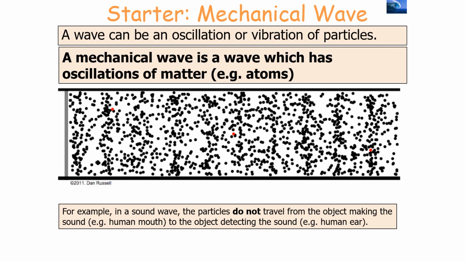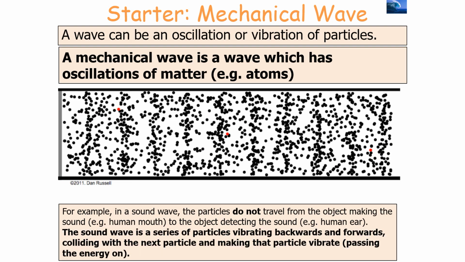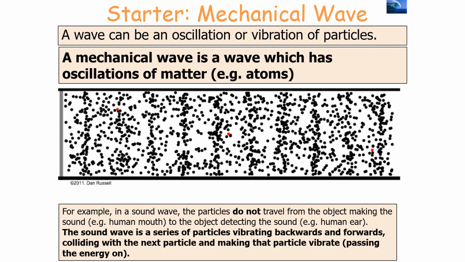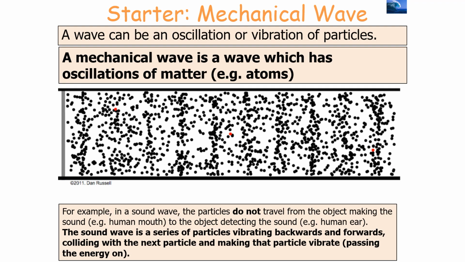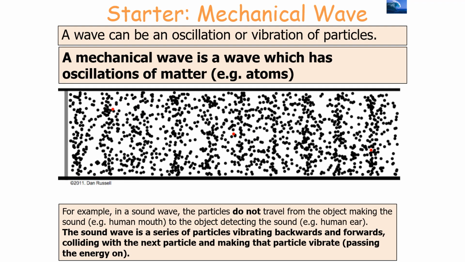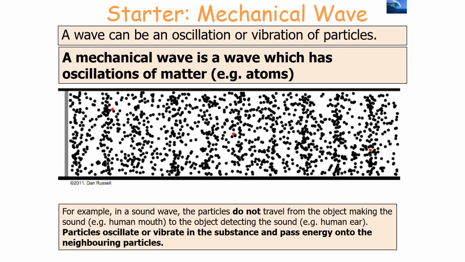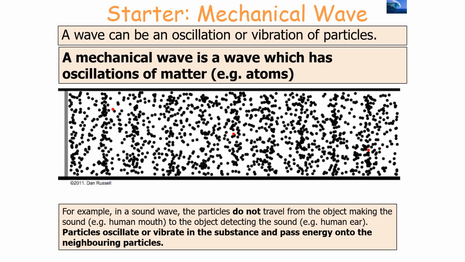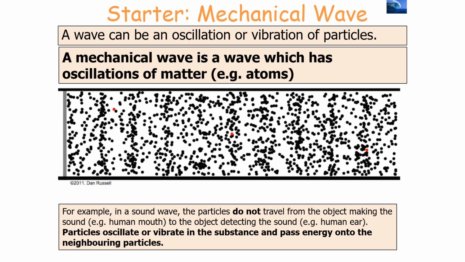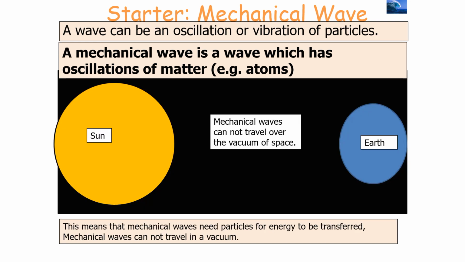Now, in a sound wave, the particles do not travel from the object making the sound to the object detecting the sound, but the sound wave is a series of particles vibrating backwards and forwards, colliding with the next particle and making that particle vibrate, passing the energy on. Now, particles oscillate or vibrate in a substance and then pass energy on to the neighbouring particles. So that's very important to work through. This is because it means that mechanical waves need particles for energy to be transferred,